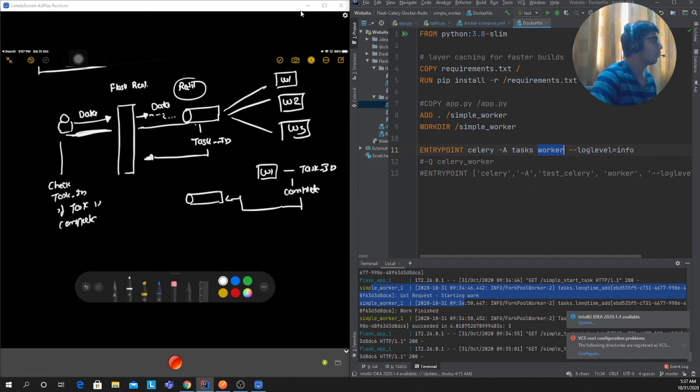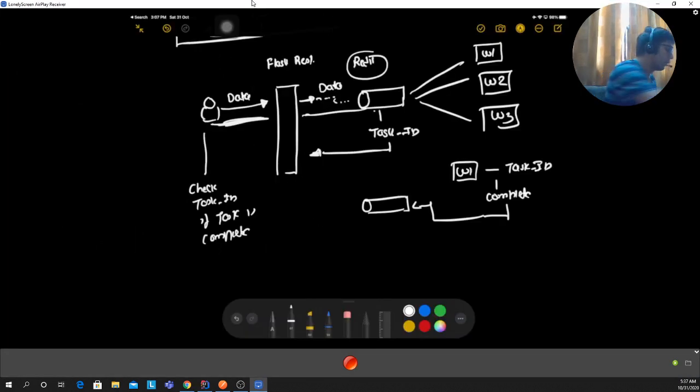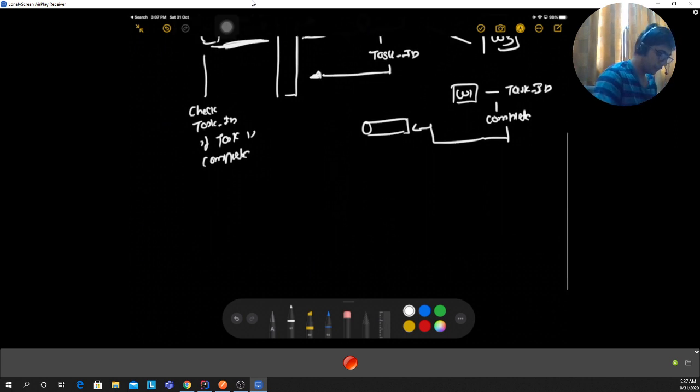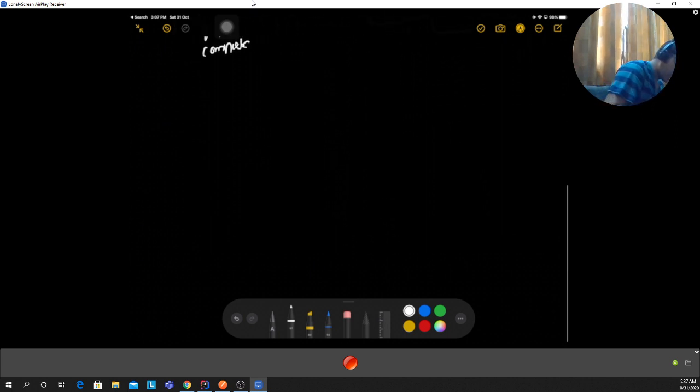Now let me come to my iPad again, and then explain to you where exactly you should use this kind of architecture. So let's say we are developing an application called images. We want to do something with the images. So the user will upload an image,